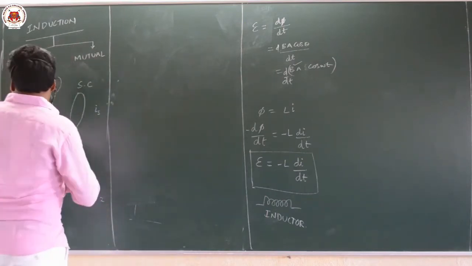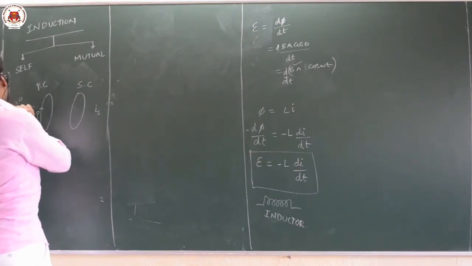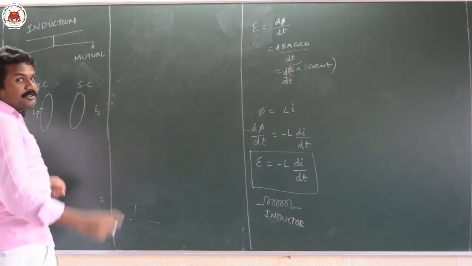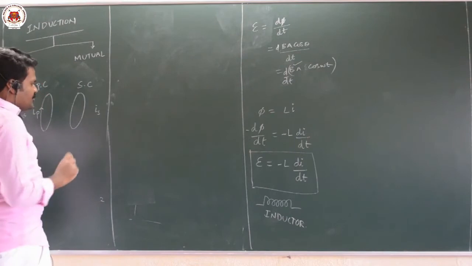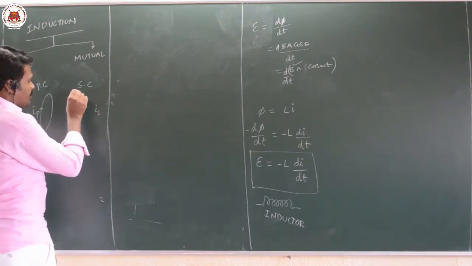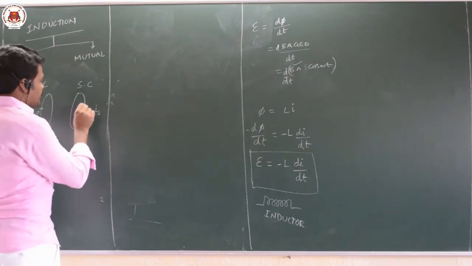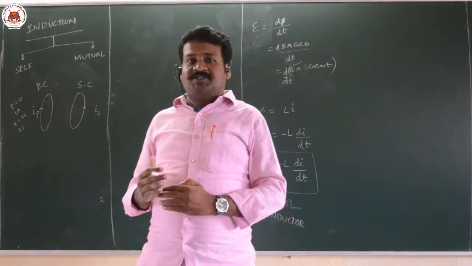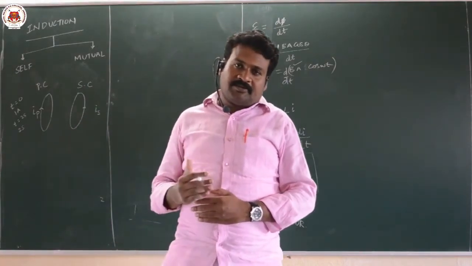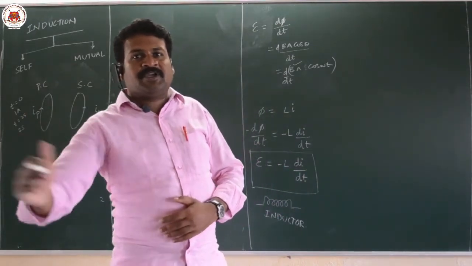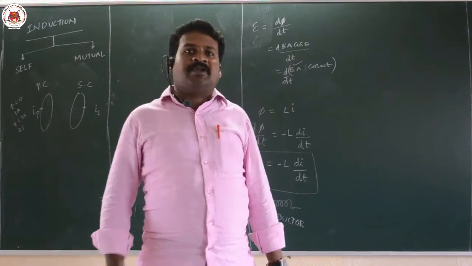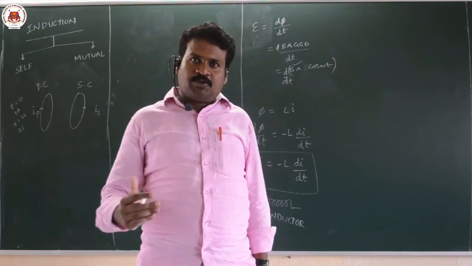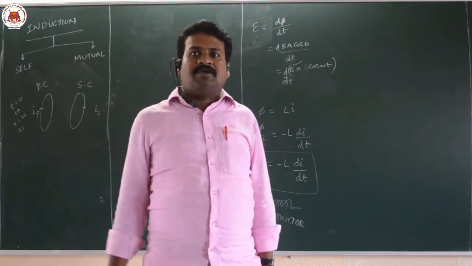This current I am changing. Suppose at time t is equal to 0, I pass 1 ampere. At time t is equal to 2 seconds, I pass 2 amperes. When I change the current, we can observe that EMF is generated in the other coil, a current is induced in that coil. The generation of EMF in a coil due to change in current in a nearby coil is called mutual inductance.